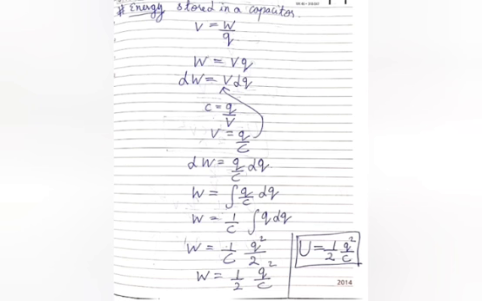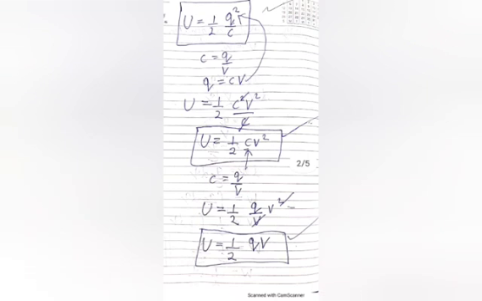However, there are two more expressions. So what we can do is use a trick here to learn those expressions. Take the first expression and put the formula of its variable into it. For example, in our expression U is equal to half Q square by C, Q is the first variable. So we can put the expression of Q over there, and we'll get a new formula for potential energy.